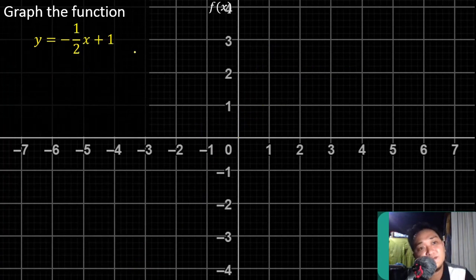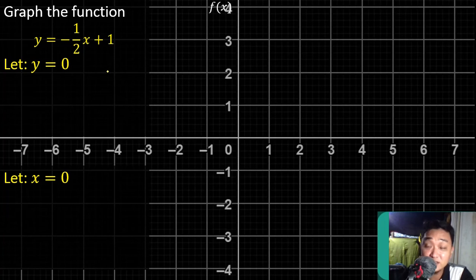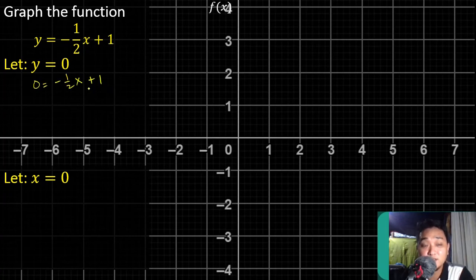Let's say we want to graph the function y is equivalent to 1/2 x plus 1. We're going to let y is equivalent to 0 for the x-intercept, and we're going to let x is equivalent to 0 for the y-intercept. For the x-intercept, where y is equivalent to 0, that is the same as 0 is equivalent to negative 1/2 x plus 1. Now, in this case, we can transpose negative 1/2 x to the other side of the equation,